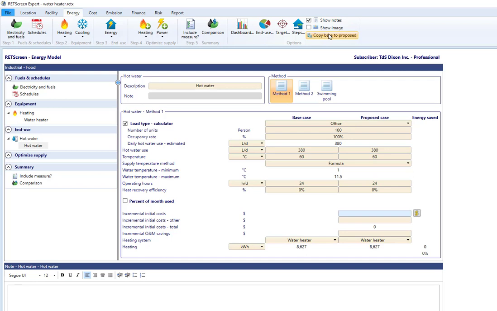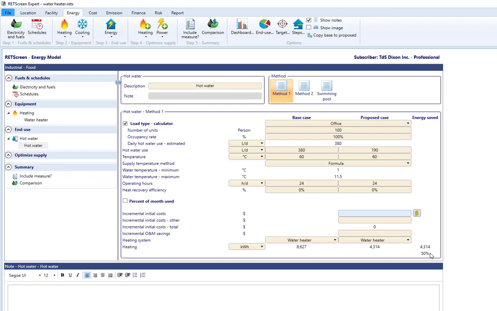That is, how much energy can I save using flow restricting faucets or aerators or devices that reduce the water at the faucet. I'm going to assume that I can cut the water consumption in half because the ones in my building are fairly old, and I'm going to use then a number of 190 liters as the total consumption. At this point, RedScreen has calculated that I'm going to save, as you could probably guess, 50% of the energy,